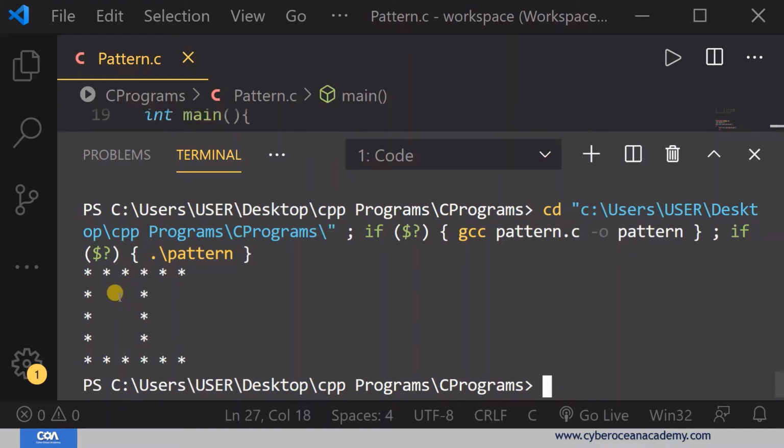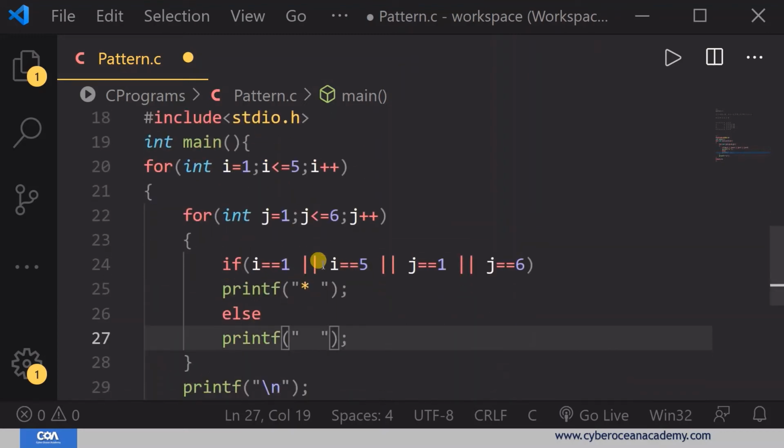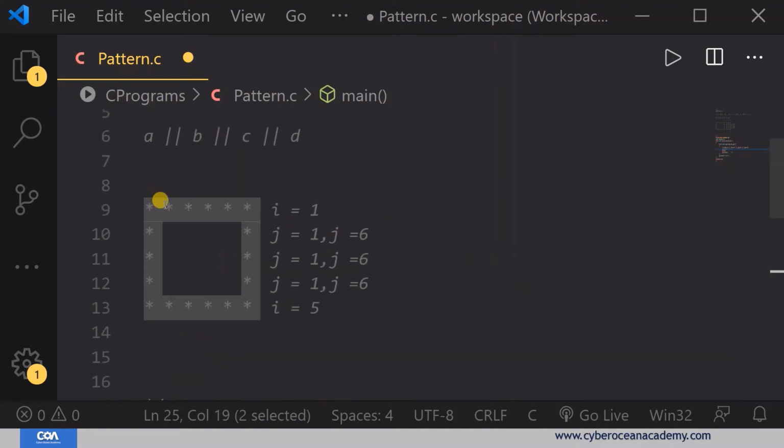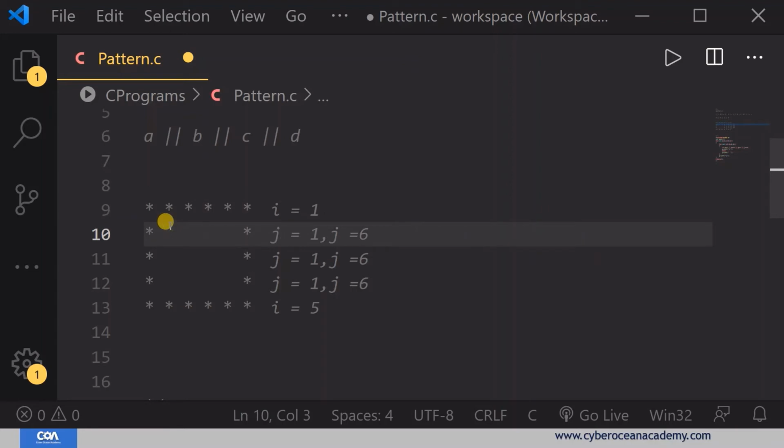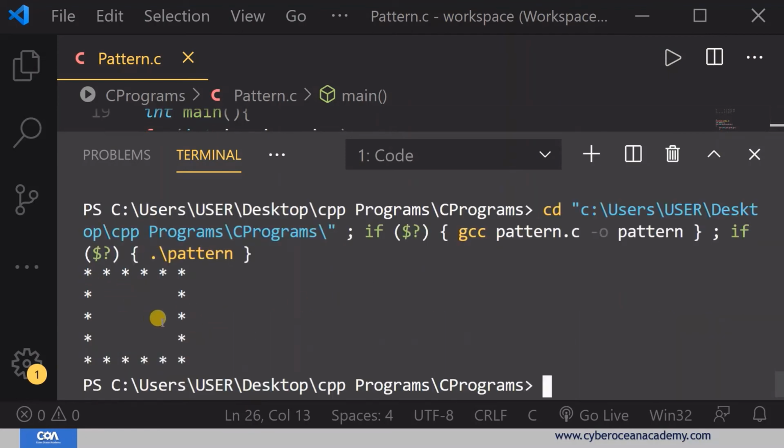So why does this come? Now you can see that if we put an extra space here. Just understand: every time a star appears, it appears with a space. When we only print a single space, that replaces a star, guys, it will only replace a star, not the space. So what we have to do is, for one star we have to write a single space, and for the space we also have to write a space, guys. So I'm going to save this and run this C program. So now this is your hollow pattern.